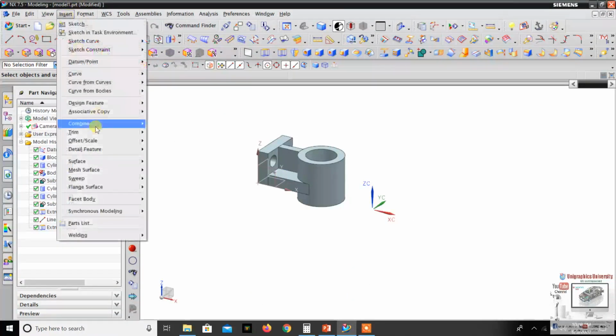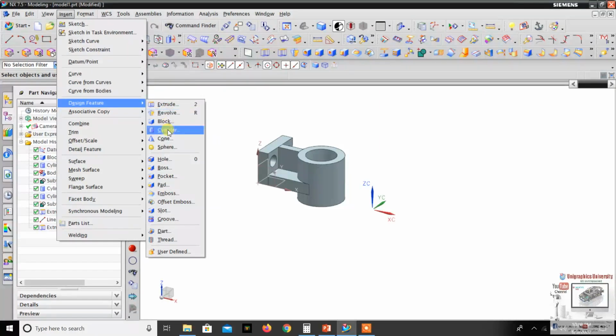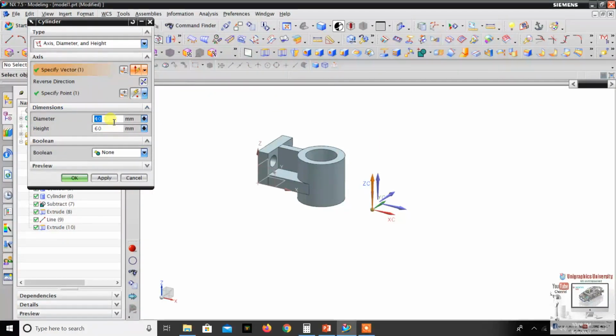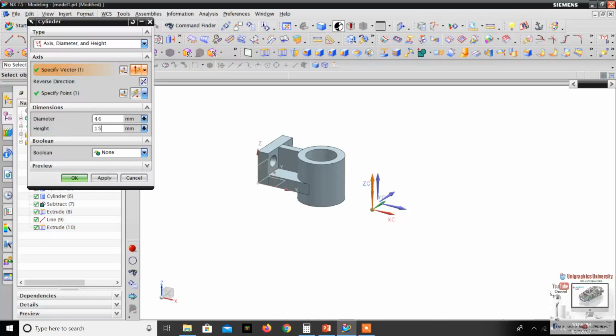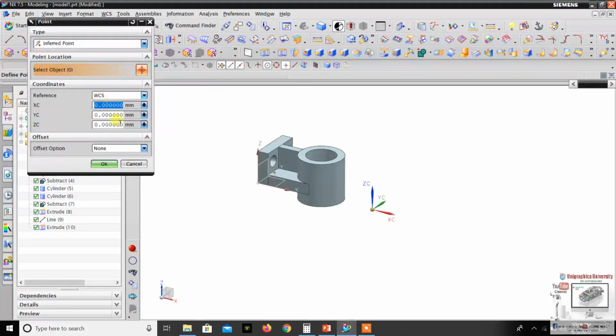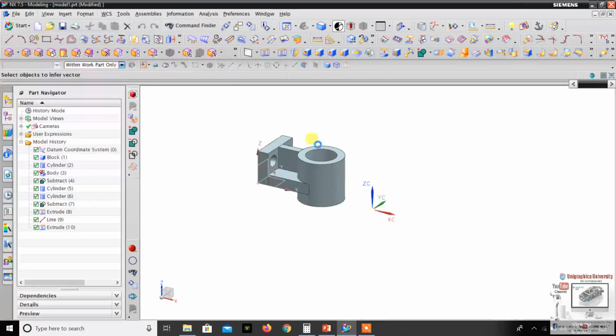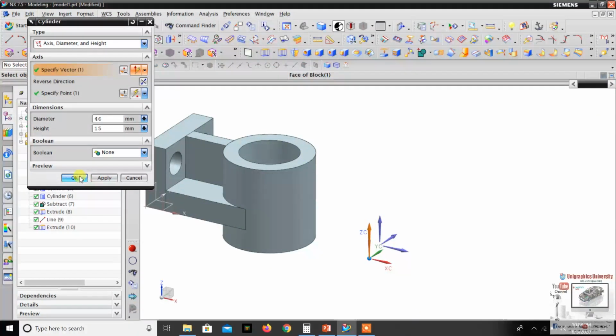So insert, design feature, fourth one cylinder, diameter 46 and height 15 mm, okay. Then select point dialog, choose WCS, this point will be selected, okay. Create, okay.